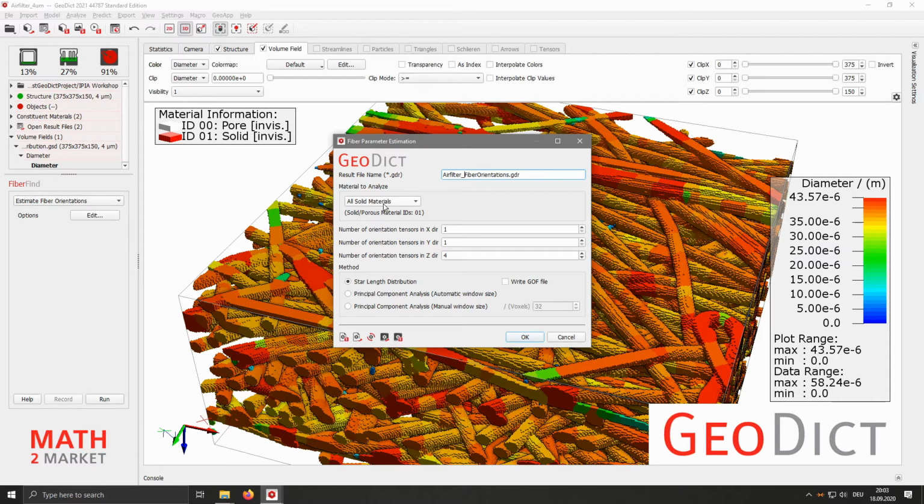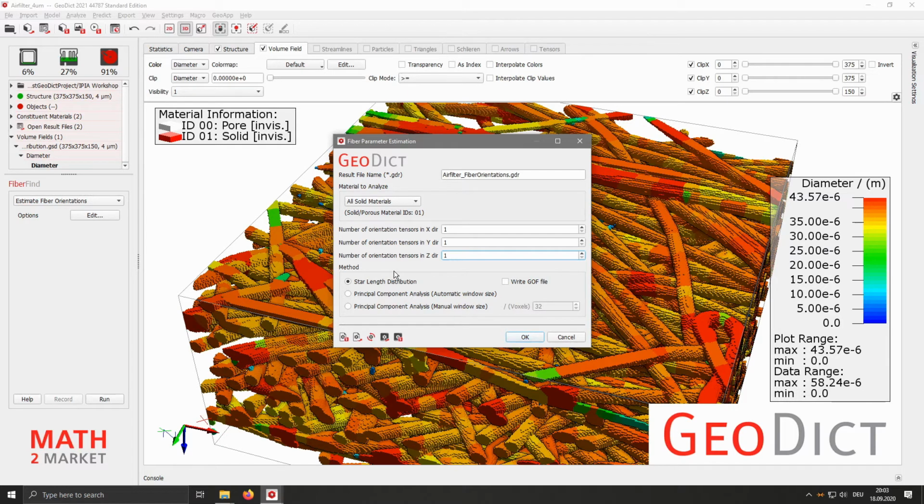We again want to analyze all solid materials, and in this area we can subdivide the whole domain into multiple subdomains to get an orientation tensor for the fibers for each subdomain. So for example, if you have a layered structure, you can by this method analyze each layer individually. For our case, we only want one orientation tensor.